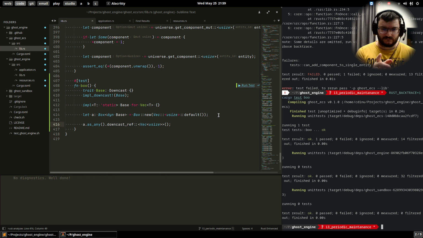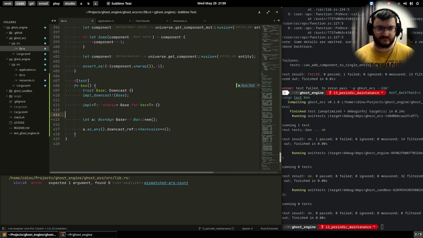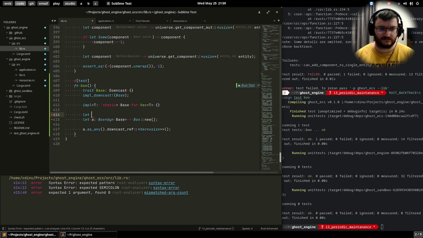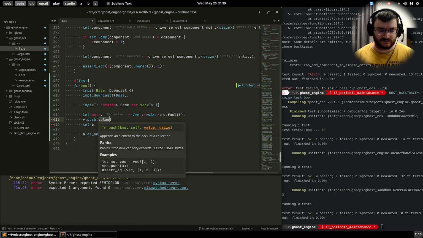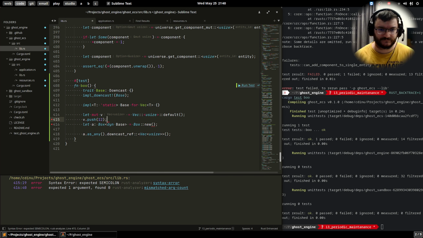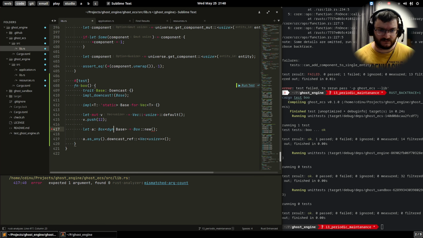Okay, now the test runs okay, but what I would rather do, I would have our let mutable v equals to that, and v dot push value, I don't know, 12. We have that, we boxed our vector,